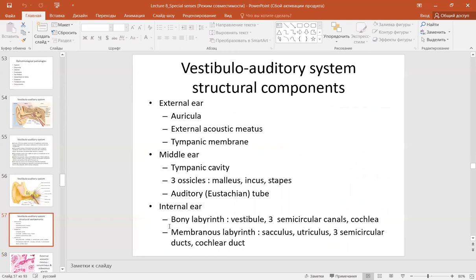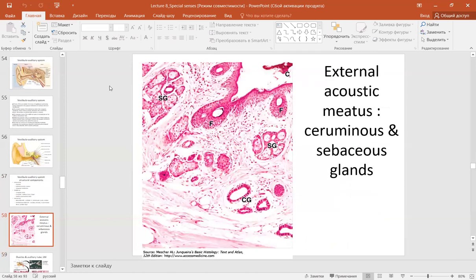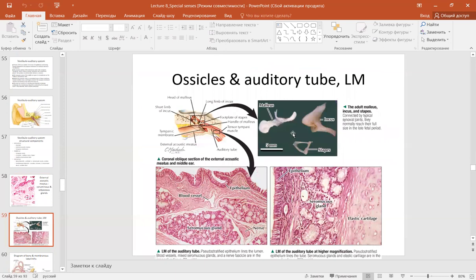These are the terms which are used for the description of the ear and vestibular auditory system as a whole. The external acoustic meatus, ceruminous and sebaceous glands. Sebaceous glands, ceruminal glands, the surface of the stratified squamous epithelium, which is similar to what we have in the epidermis, and connective tissue incorporates all these glands. The ossicles and the auditory tube,